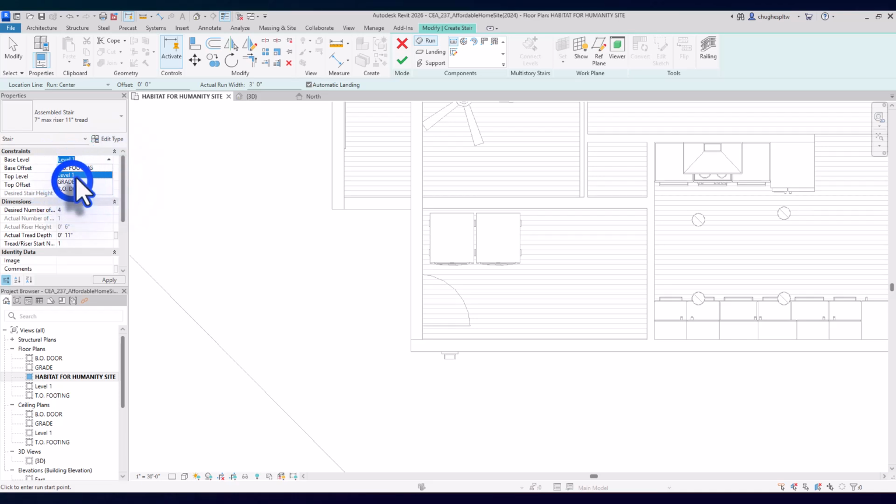We're going to go with the grade being the bottom. Maybe we bump this up about 6 inches, maybe. And even then, let's keep this at 0. Let's see what it looks like. We're going to go up to the bottom of the door. And then it's going to calculate for us the number of risers. And all I've got to do is find the middle of the door,